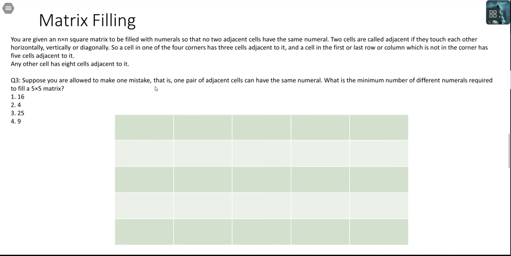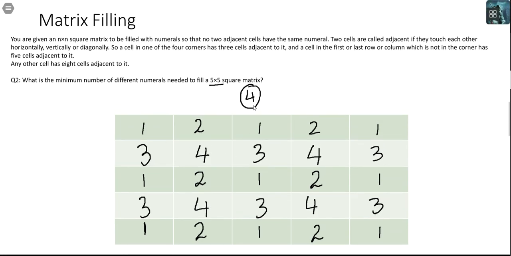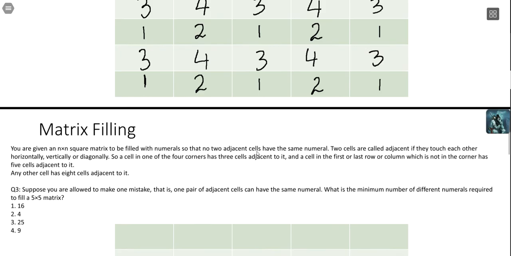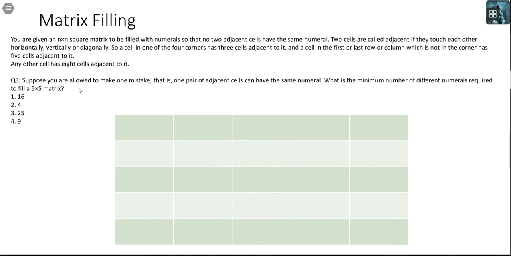Let's go to the next question, my favorite in this set. Suppose you are allowed to make one mistake. That is, one pair of adjacent cells can have the same numeral. What is the minimum number of different numerals required to fill a 5 by 5 matrix? See, when you were not making a mistake, how many numerals did you need? 4. Now, when you are allowed to make one mistake, not that you have to make one mistake, you are allowed to make one mistake,